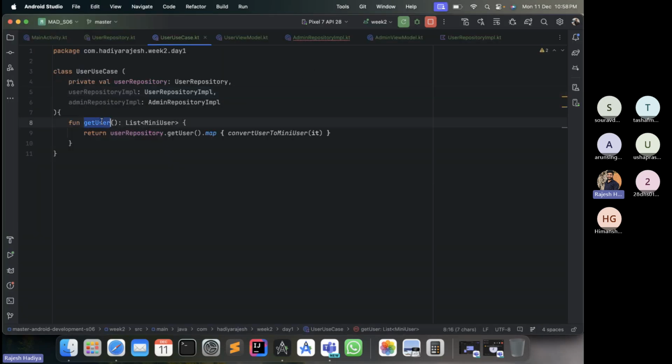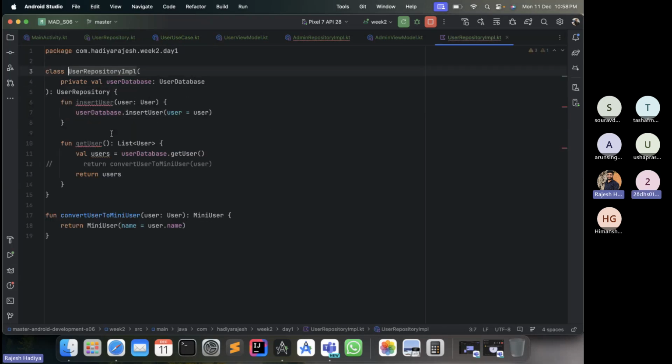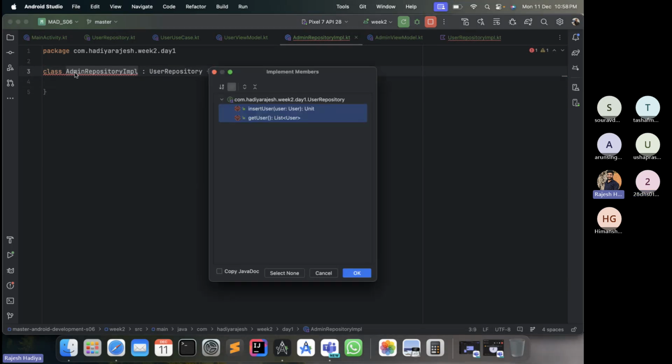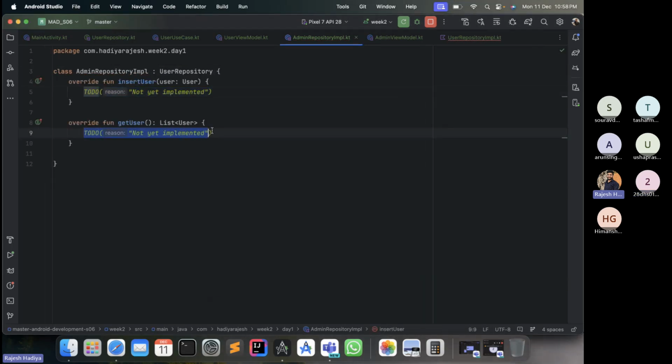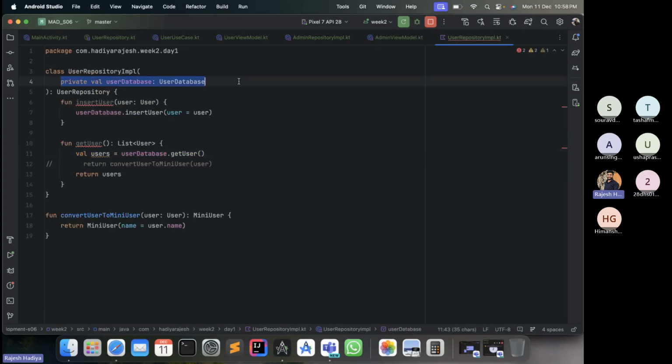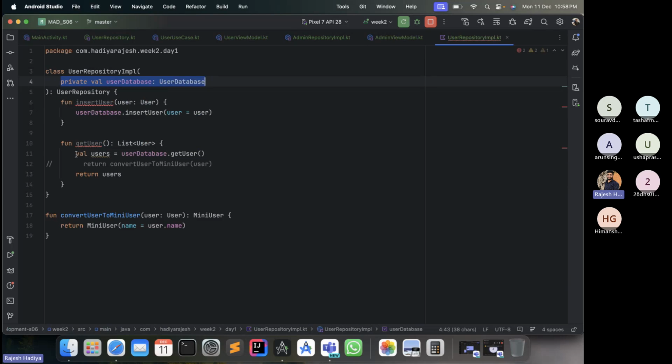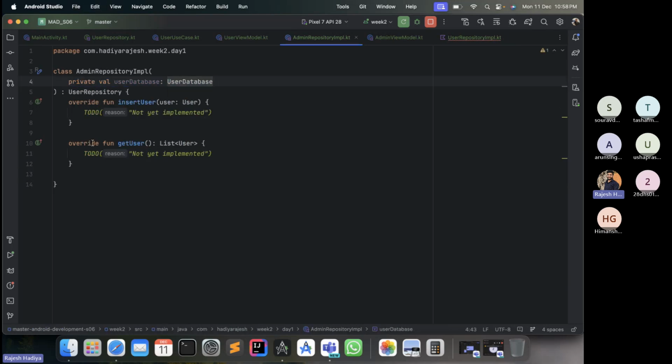For example, let's say we have a get user method. In the user repository's get user, we will return all the users, but in the admin repository, if you want to implement it, we can take users from the repo database and